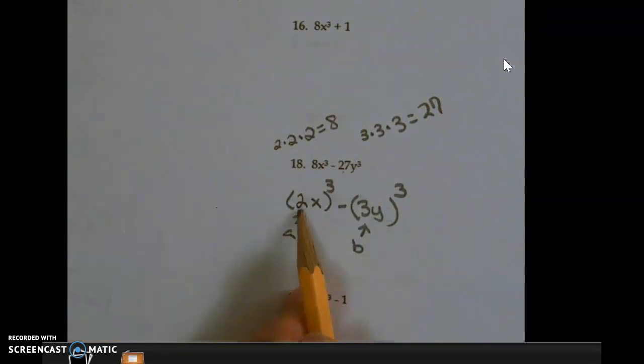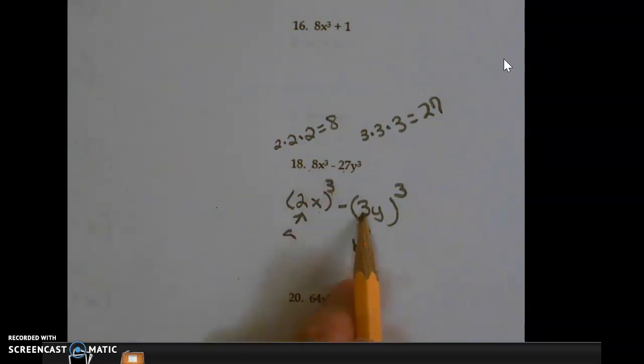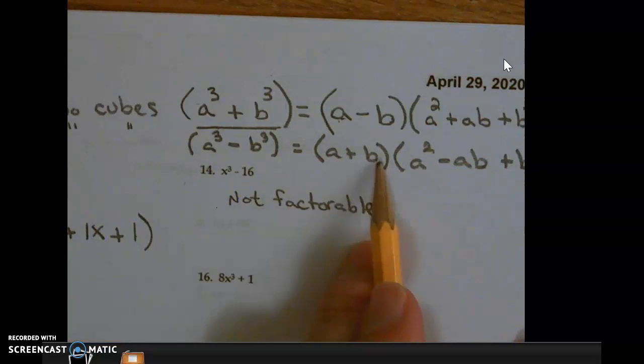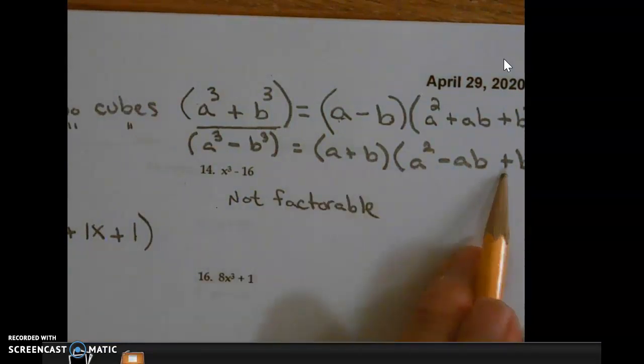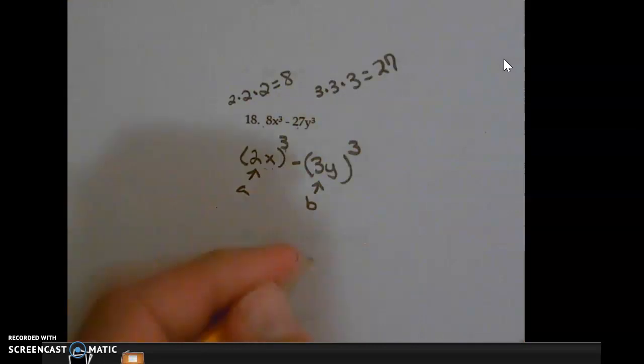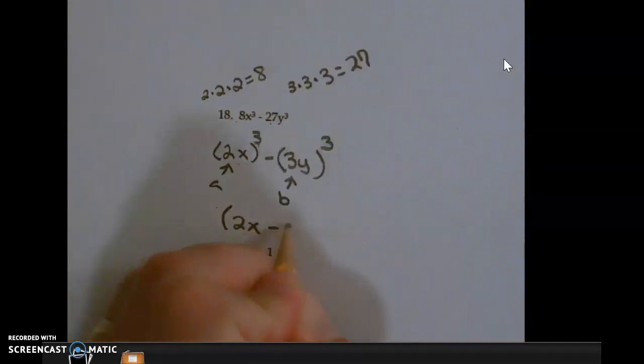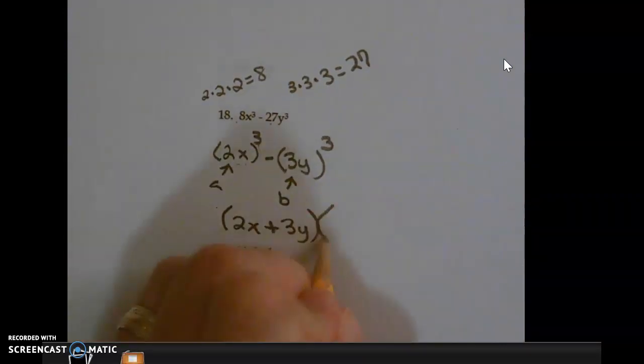Now, 2 cubed is 8. x cubed is x cubed. 3 cubed is 27. And y cubed is y cubed. Remember what I told you. You want to get it in the right format so that way we can plug it in to the factors for a and b. So it's going to be a plus b. So 2x plus 3y,